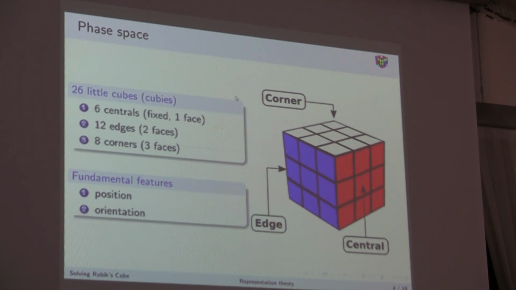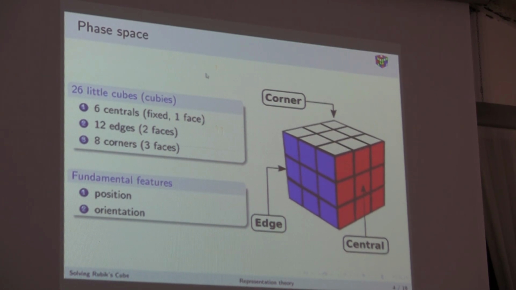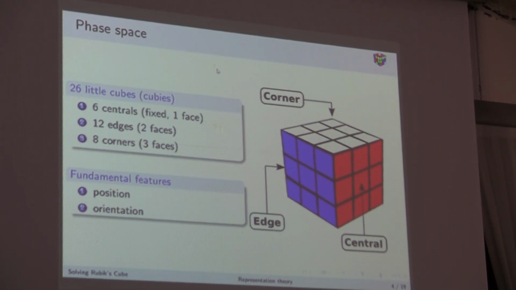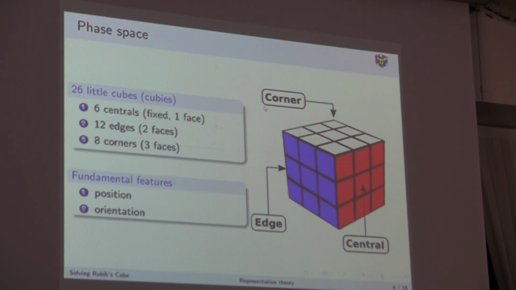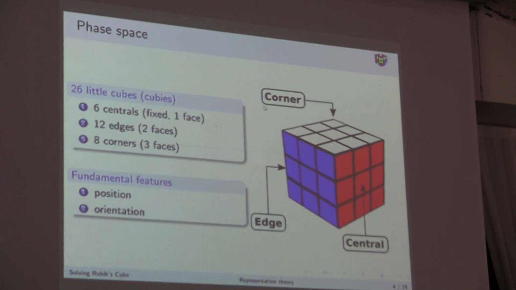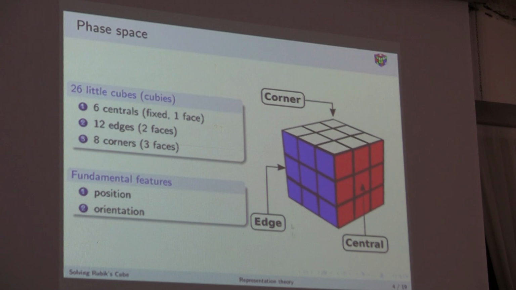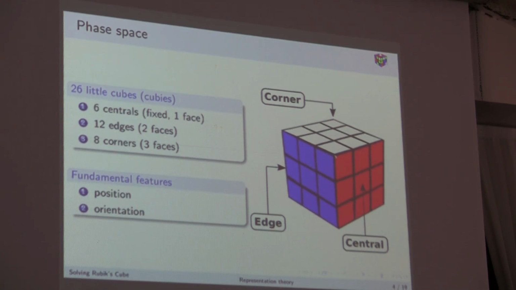We have 26 little cubes or cubies. 6 of them are fixed, displaying only one face. 12 are edges, which means they display 2 faces, and 8 are corners, so they display, as you see, 3 possible faces. And there are 2 fundamental features about the cubies, which is the first one, the position, that is how a cube is positioned in the grid of the cube. And the second one is the orientation, that is being fixed at its own position, how the faces of the